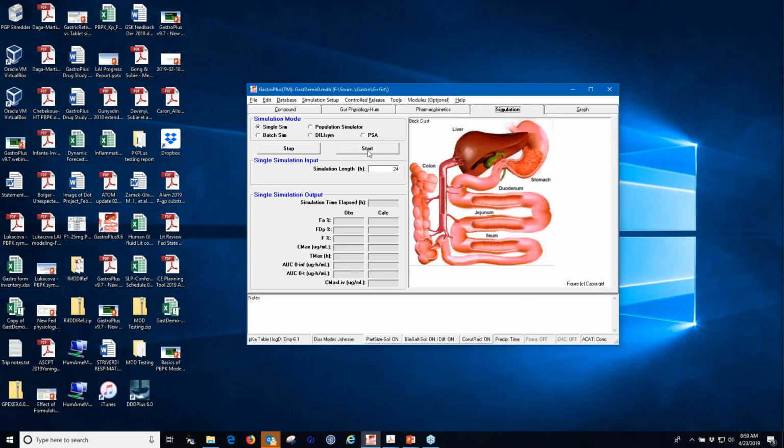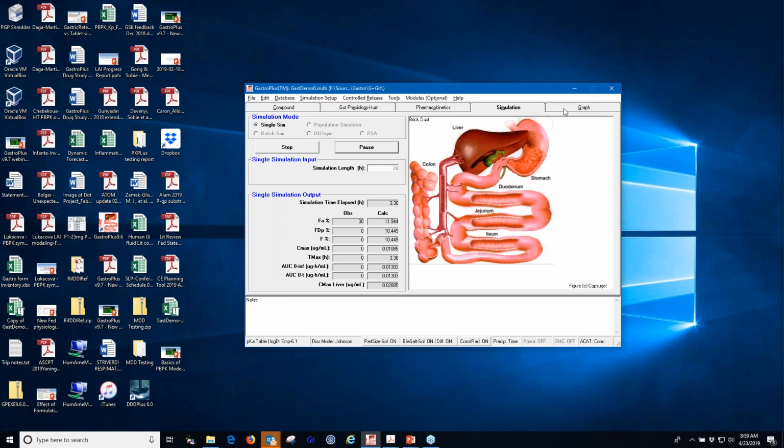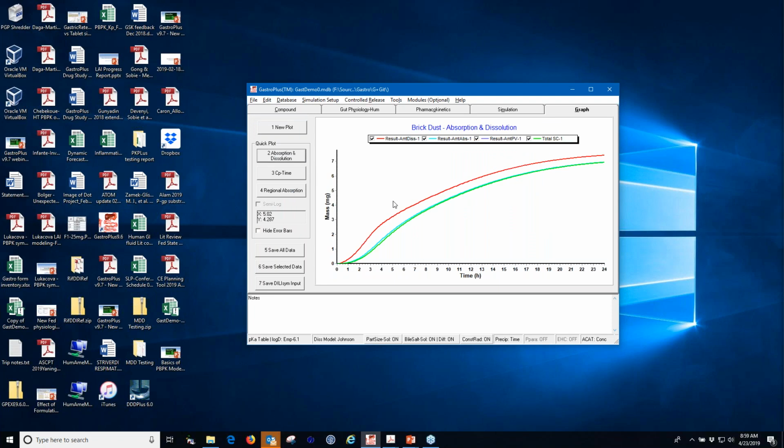So just to make sure that everybody knows what this question was about, when you click the dissolved amount, meaning this red curve on the absorption dissolution plot, it is showing the cumulative amount dissolved. So it actually lumps the compound that is still in the dissolved state in any of the intestinal compartments, and also the compound that was dissolved and already got absorbed. So this is the cumulative dissolution, the compound that was ever dissolved and did not precipitate. That's what that curve accounts for.